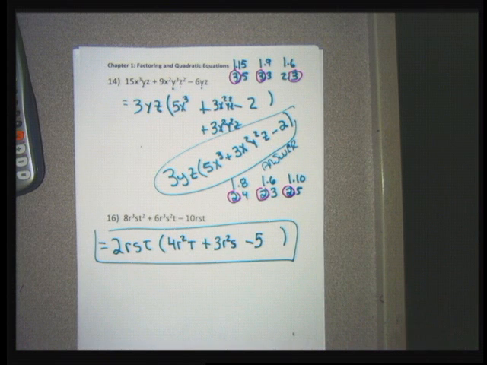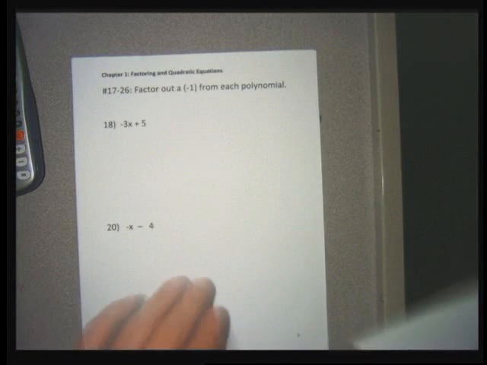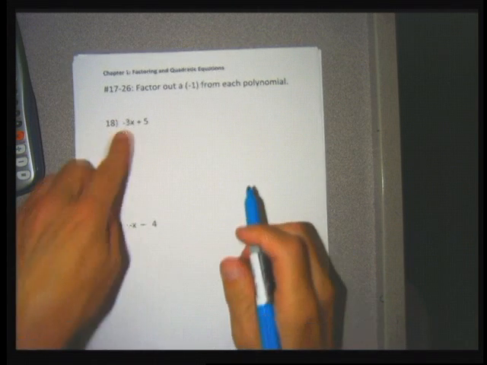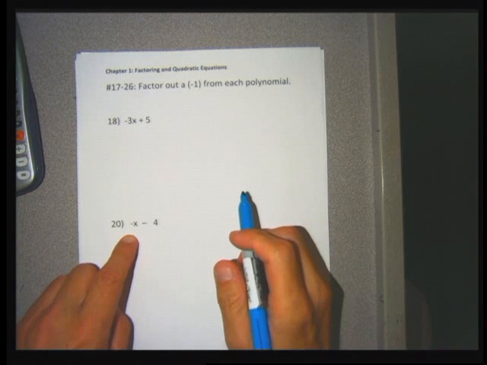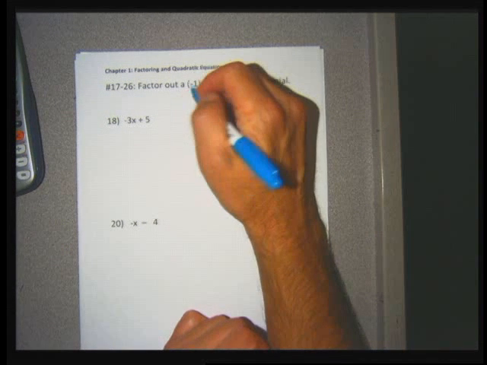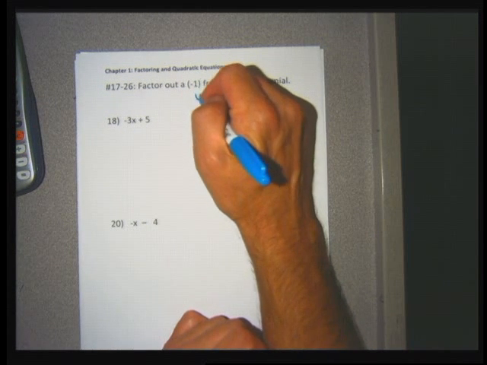All right, so that's the first kind of problem. Greatest common factor factoring will come up a ton this semester. It's kind of the easiest kind of factoring to get good at. So hopefully, even by just me doing 8 problems, you're starting to feel good. The next group of problems ask me to factor out a -1. And this is a common question to ask when the first term in a polynomial is negative. And if you factor out a -1, then inside the parentheses you write the opposite of the original problem. So I'll say factor out a -1, which means to write